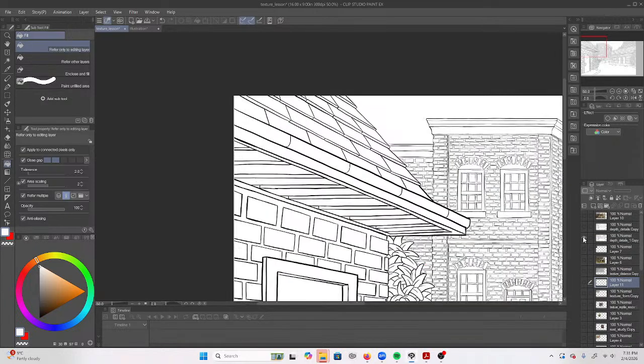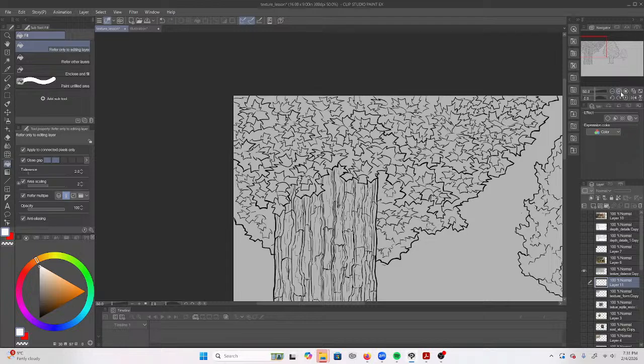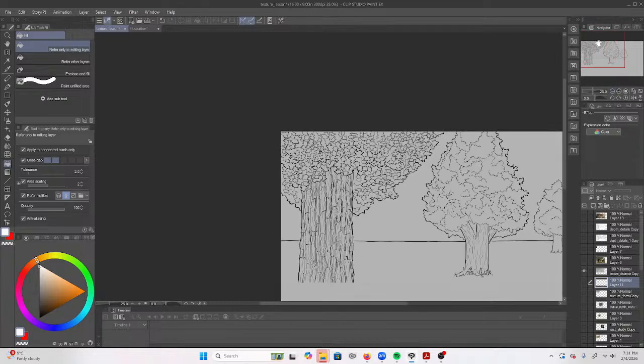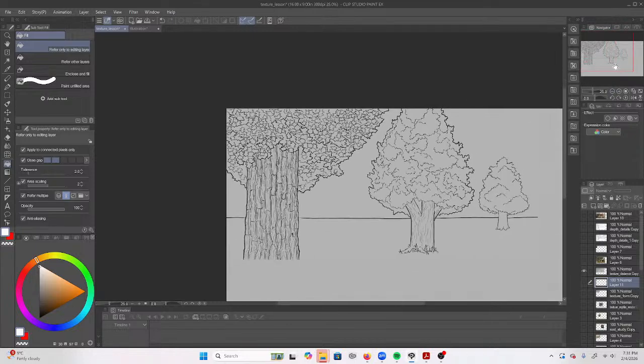One more thing when it comes to texture is to think about scale and distance as well. Texture has a big impact on